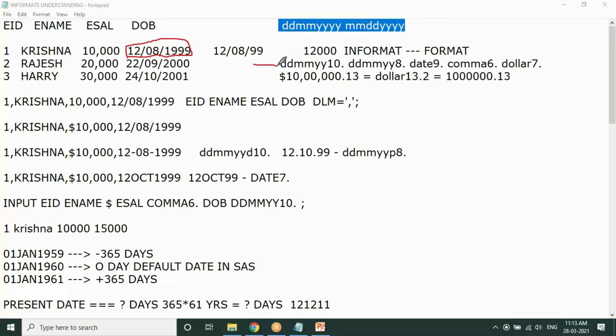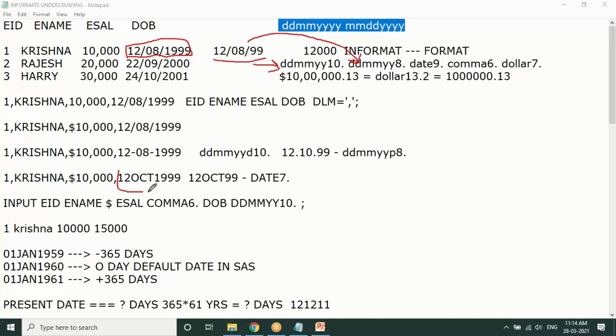By default, SAS has all the date formats inbuilt. So we consider this date format as DDMMYY10., where 10 is the total width of the data, and the dot represents the number of values as per the date. If the date has 8 characters, we consider the format DDMMYY8.